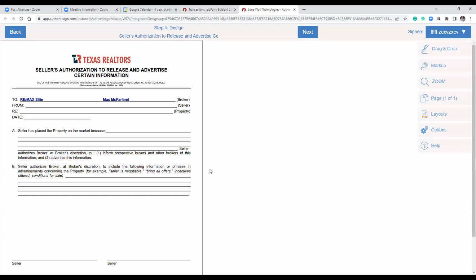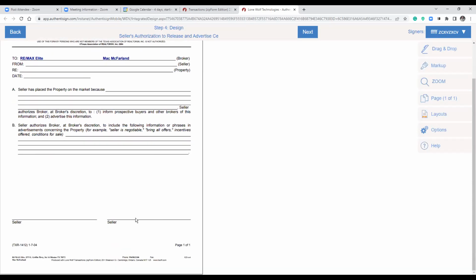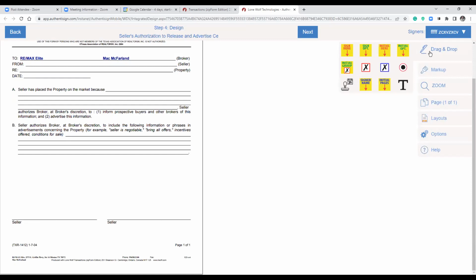And any form can be worked on here. It can be the promulgated forms. It can be the other forms that are in the system, or it could be an inspection that I uploaded, or an appraisal that I uploaded, or tax records I uploaded. Any form can work in here, but the way they work is going to be a little different. So for example, had this been a promulgated form, this blank down here on the bottom would have already been filled in. It's not, so I'm going to click on drop and drag, and what I want is a signature. So I'm going to sign here,